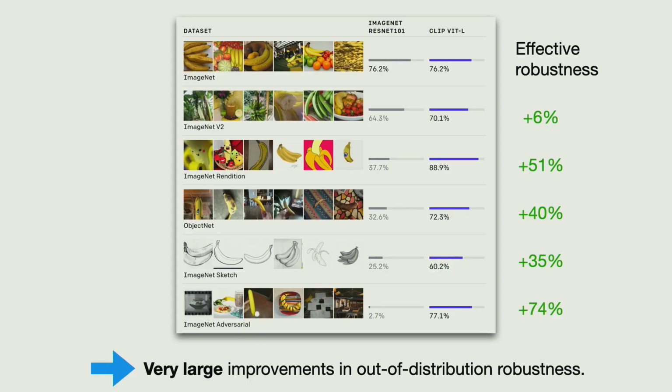So this is out of their blog post when they announced their CLIP model. The first result they had in the blog post were their robustness numbers. And what they do in this comparison is exactly this effective robustness comparison, right? So CLIP ViT-L, their largest model, they compare it to an ImageNet-trained ResNet-101, and they do the comparison so that you have the same ImageNet accuracy. So basically, this is like effective robustness. You compare the same x value in the scatter plots, and then we can see what's happening on these out-of-distribution test sets, and the gains are just very, very large. Plus 6 percentage points on ImageNet v2, then plus 51 on ImageNet-R, plus 40 on ObjectNet, plus 35 on ImageNet Sketch.